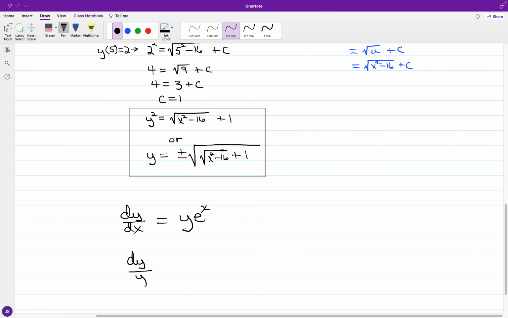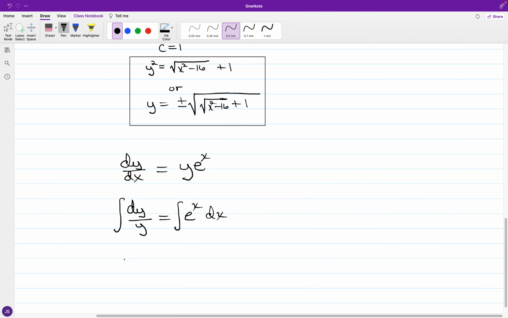Dividing by y and multiplying by dx, you have dy over y is equal to e to the x dx, and integrating, for dy over y, leaving out the absolute value notation, you have the natural logarithm of y is equal to, and for the integral of e to the x dx, that's going to be e to the x